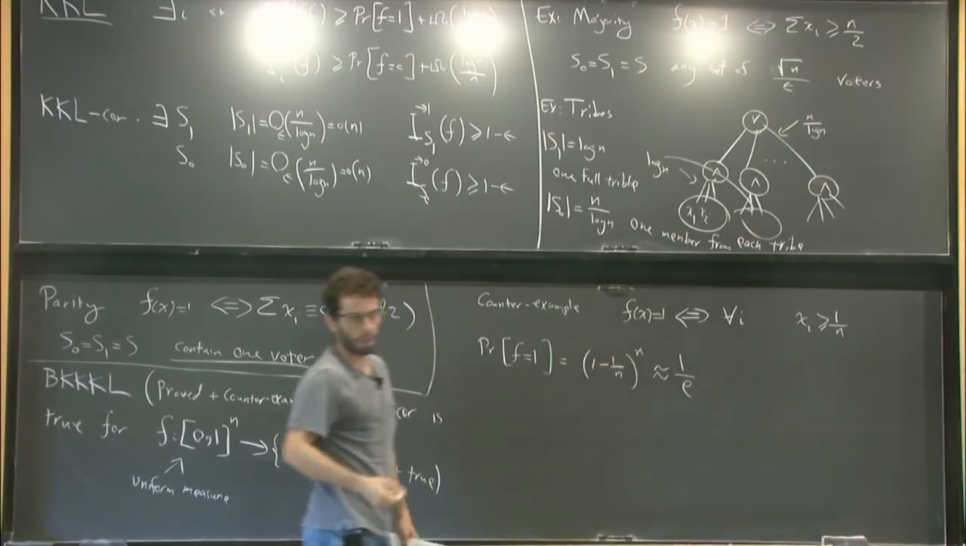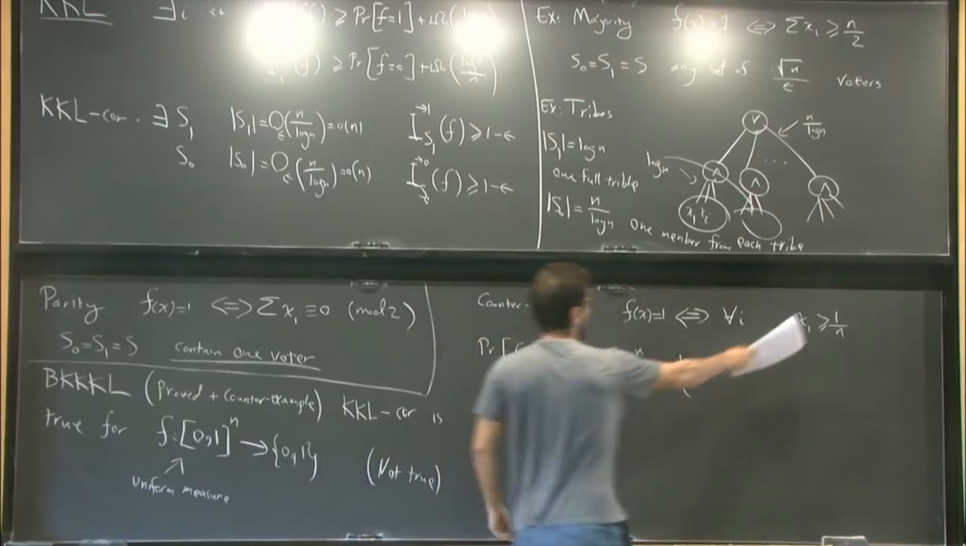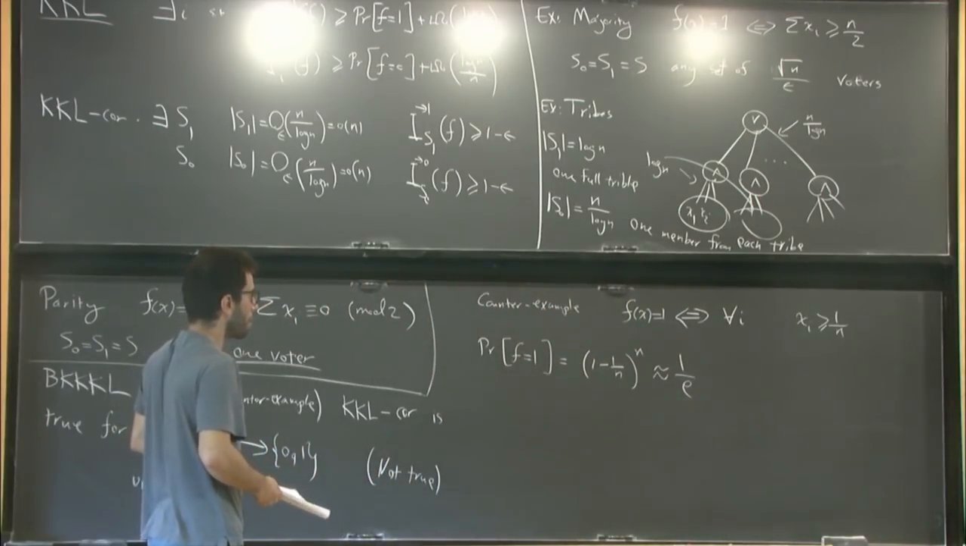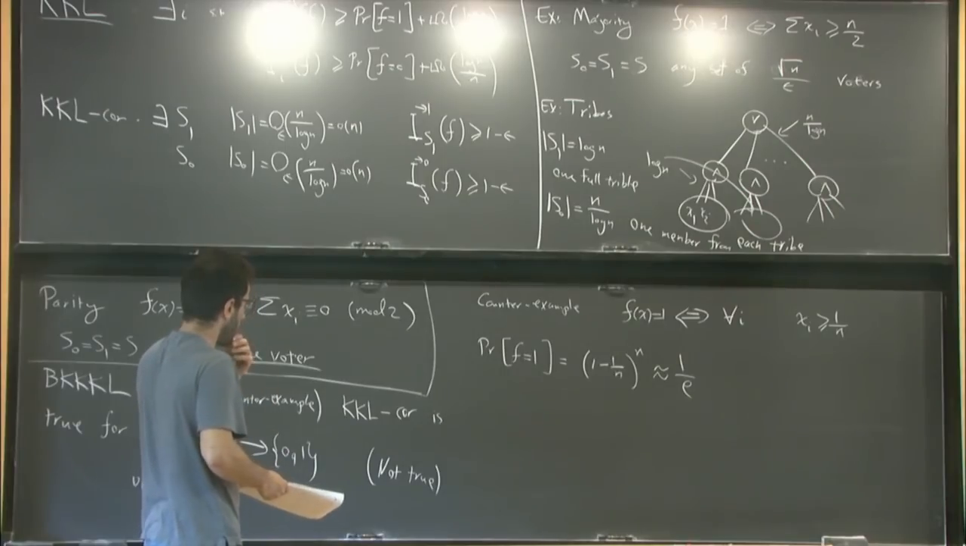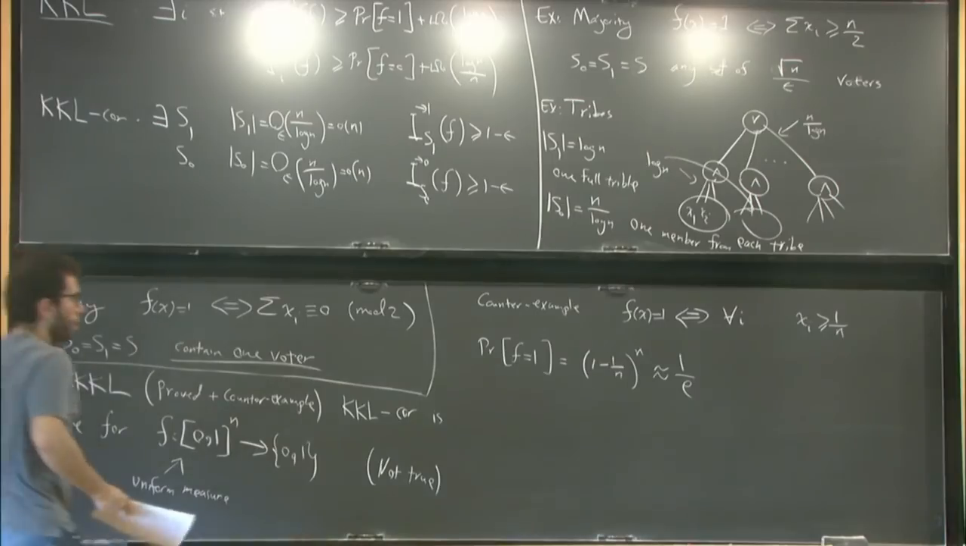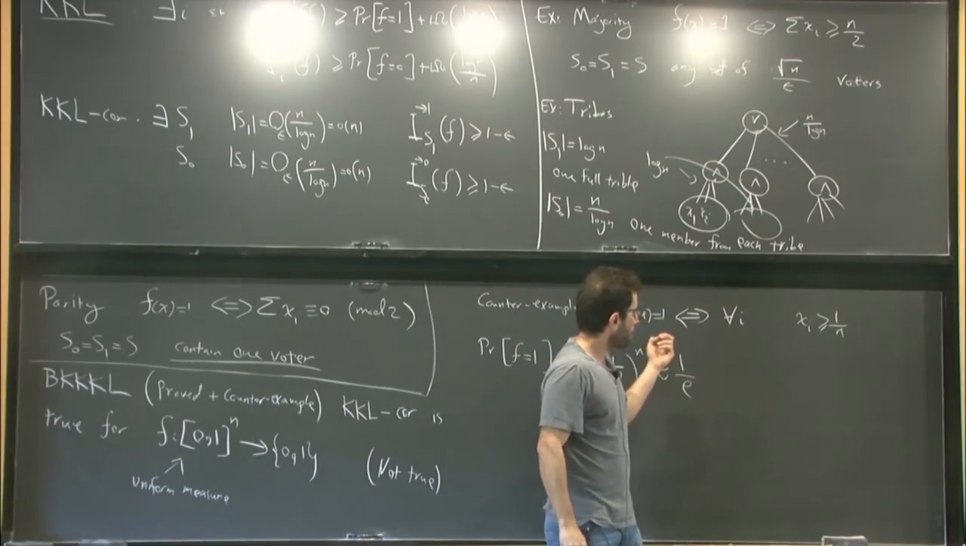You can adjust it to make it half if you want by just changing this 1 over n to the natural logarithm of 2 over n. But I mean, this is fine. Right, so it is a balanced function. But note what happens here is that